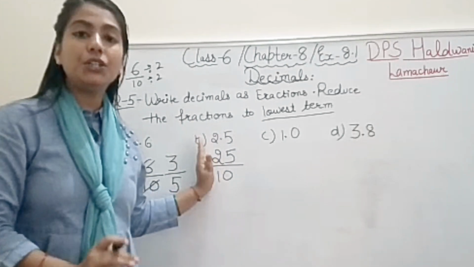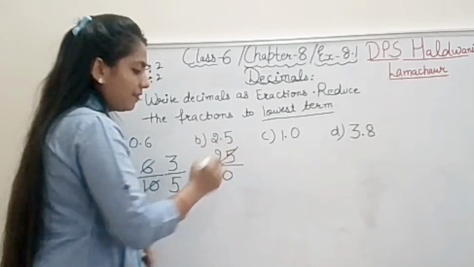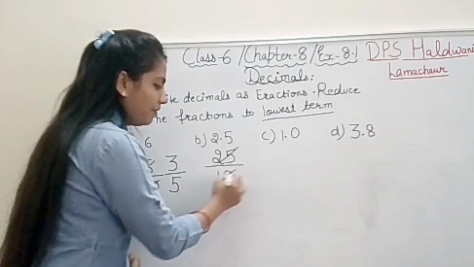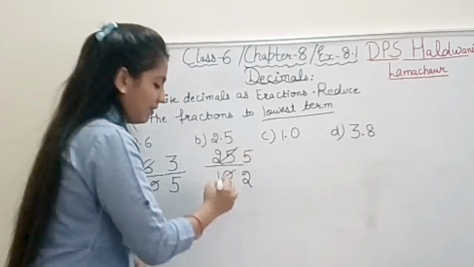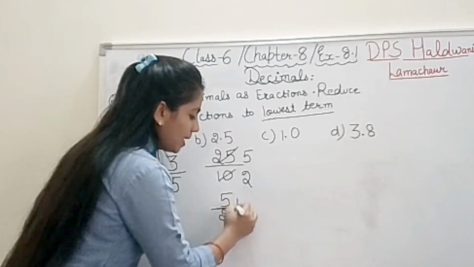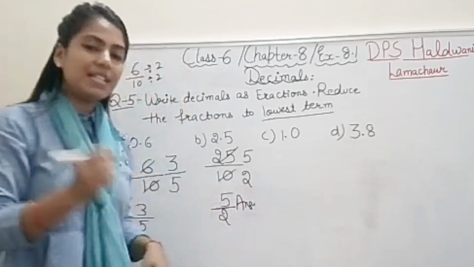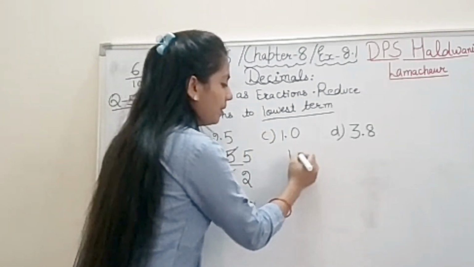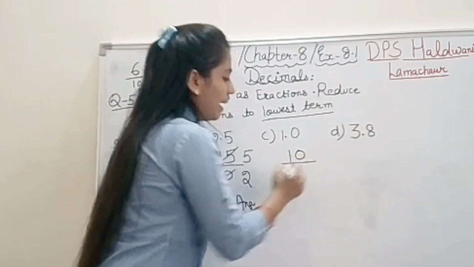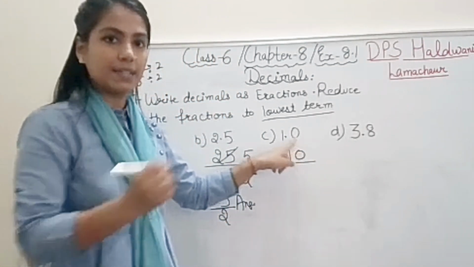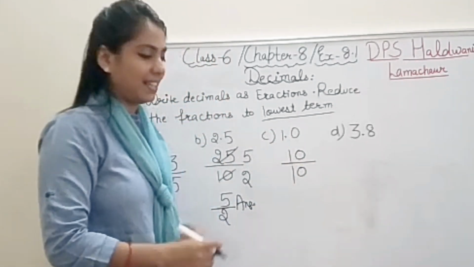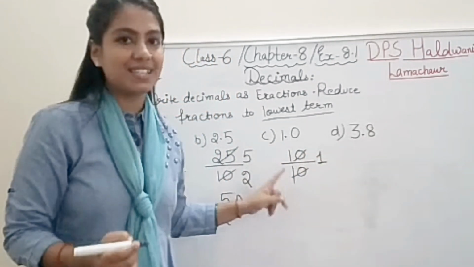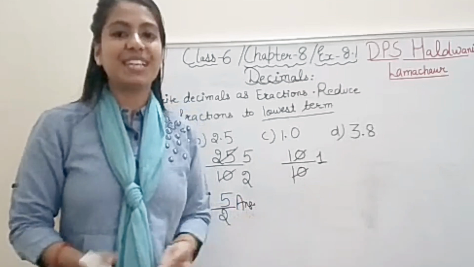Now fraction convert into lowest term. So 5 divisibility test, student, both number will go with 5 table. 5 2s are 10 and 5 5s are 25. It means 5 by 2 is the lowest term. Lowest term means you have to cancel the term. Right? Now 1.0. The full number without decimal is 10. Divide by, after decimal there is one term, so that will be 10 and that's it. So 10 divided by 10, there will be 1. 10 ones are 10, 10 ones are 1. 1 by 1 or simply 1 also we can write.